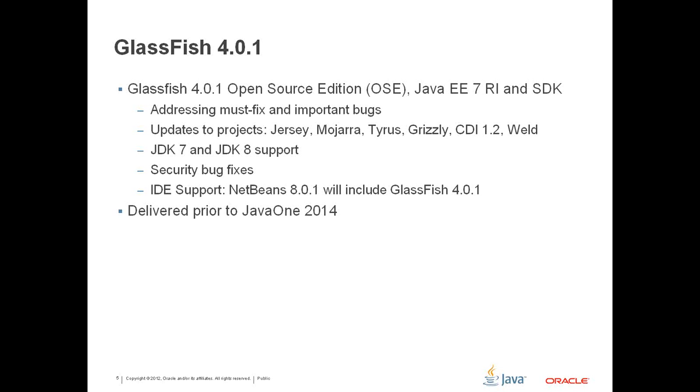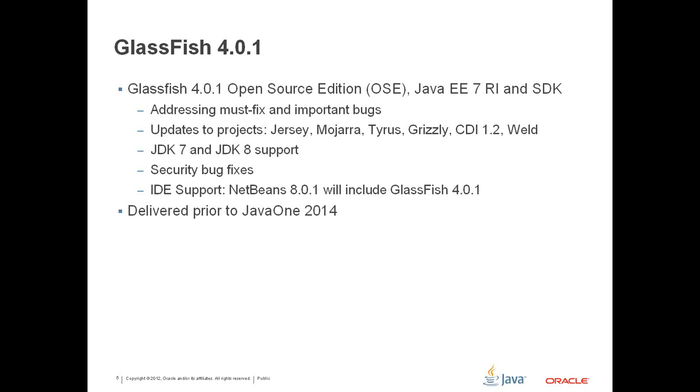Those are all nice updates that you get for free by virtue of just doing another release of 4.0.1. We're also focusing efforts on making GlassFish 4.0.1 JDK 8 compatible. The reason for this is that we see good alignment between Java SE 8 and Java EE 7. You ought to be able to use, and you should use, a lot of the SE 8 features with Java EE 7. Right? It's a compelling combination, and hence we want to enable that combination to the community by testing against JDK 8 in GlassFish 4.0.1.